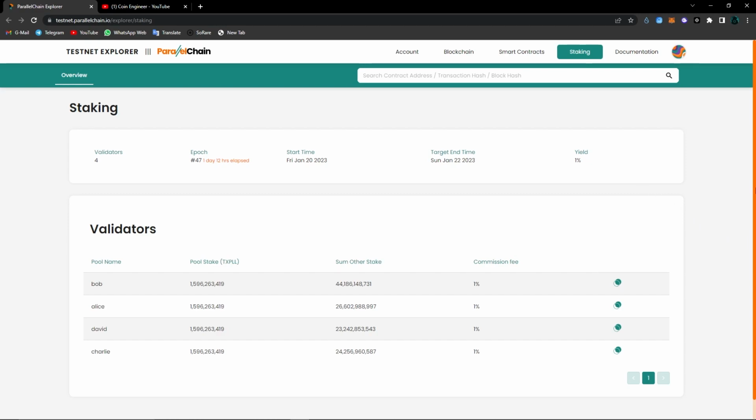And we are one of the earliest supporters of the Parallelchain Testnet Explorer, so this might bring huge rewards if they announce an airdrop. We will share the latest updates on the Parallelchain airdrop chance, so make sure to join our